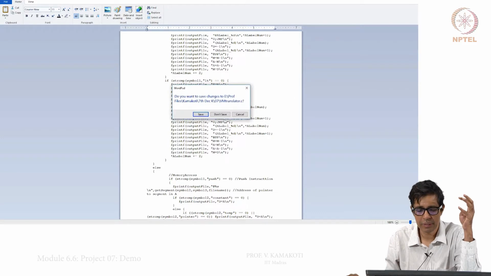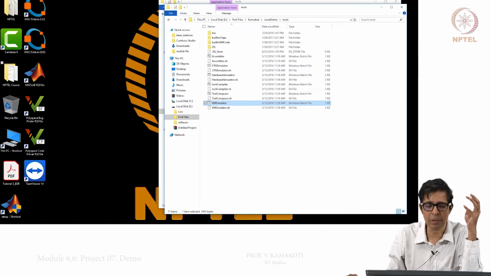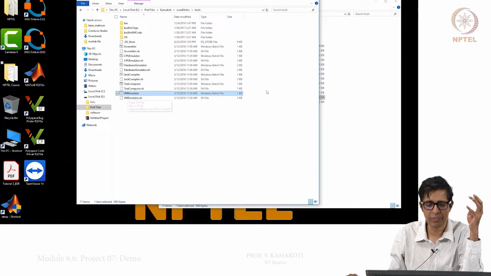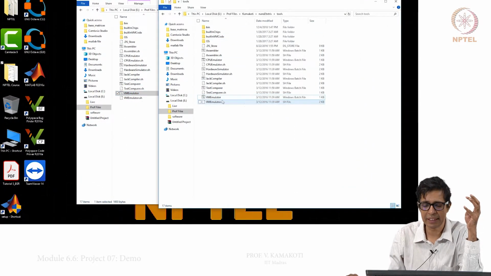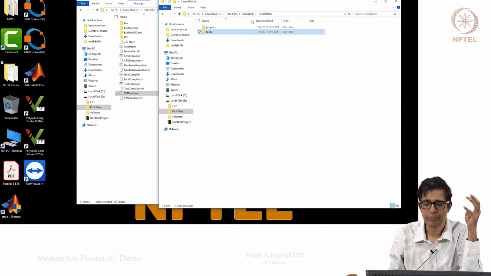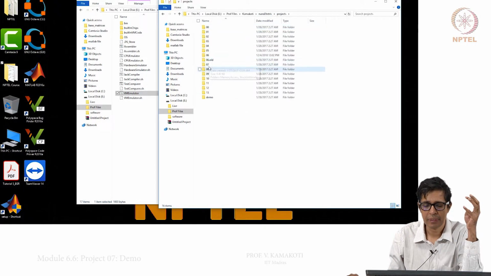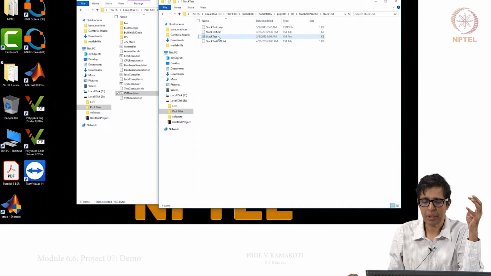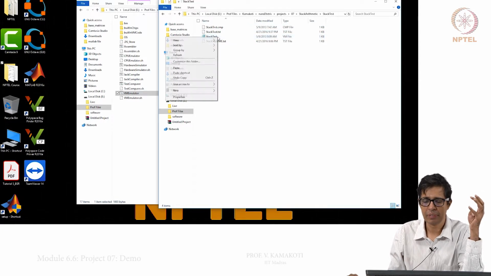Let us now go, and to this code we actually give the input, and we will see the generated outputs. This is the input VM file.